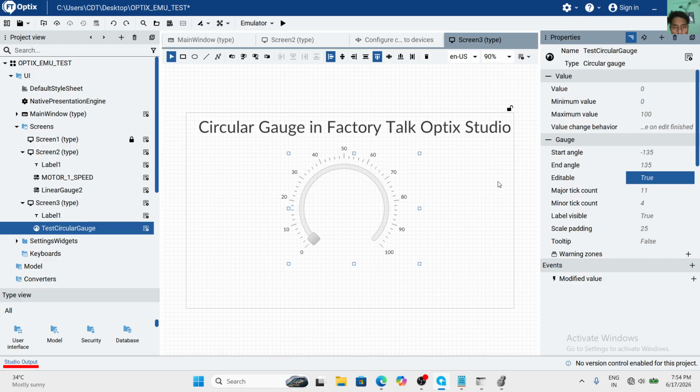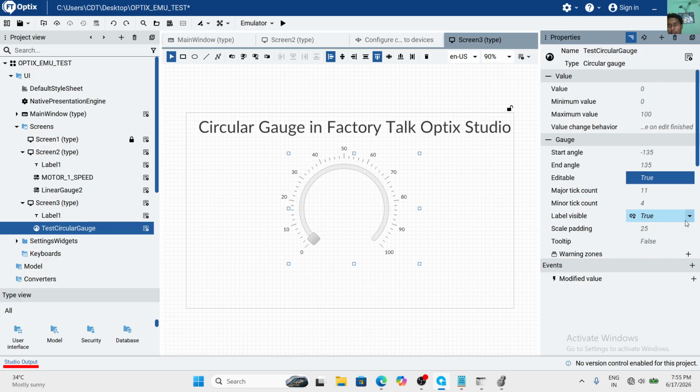Major tick count equal to 11: the big point is known as the major tick count. These lines at 0, 10, 20, 30, 40, 60, 70, 80, 90, 100 are the major ticks. Minor tick count equal to 4 means 1 2 3 4: between one major tick and the next there are 4 minor ticks.